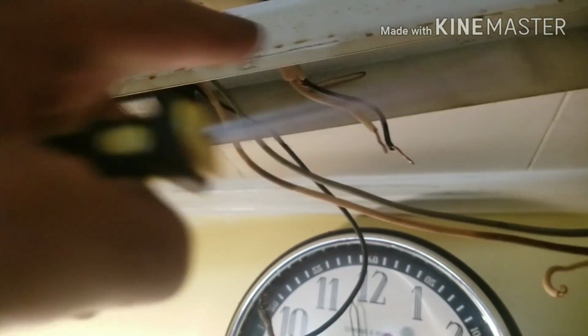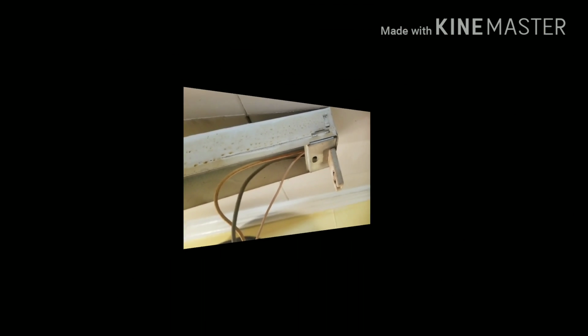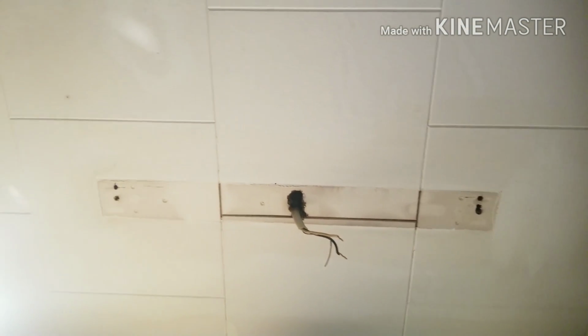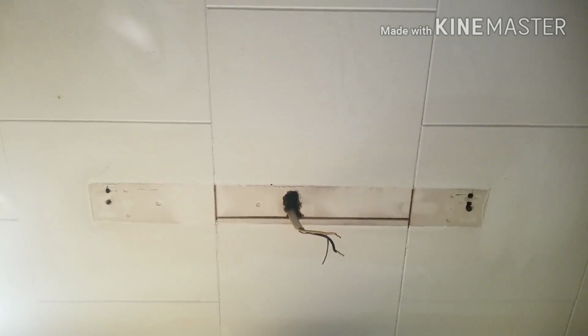There's one side. Then we'll come over and get the other side. We'll pull the whole fixture down, so the wiring will stay up in the ceiling. Alright, I'm going to pull that down, then we'll be right back. There's where your fixture was. We removed it. Now we have the wires hanging down, and we'll prep our new fixture and get ready to